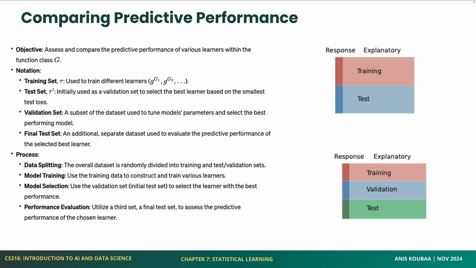To the training data, not to the validation. You see what I mean? Okay. So the validation represents a subset of the data set used to tune the model parameters and select the best performing model, to check the variance between the loss in the training data set and also in